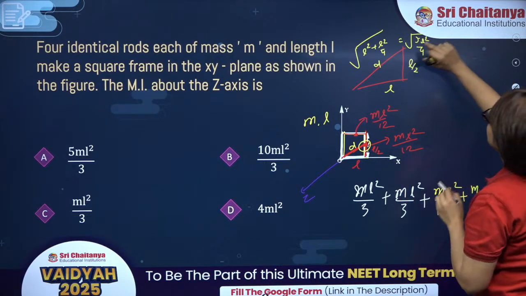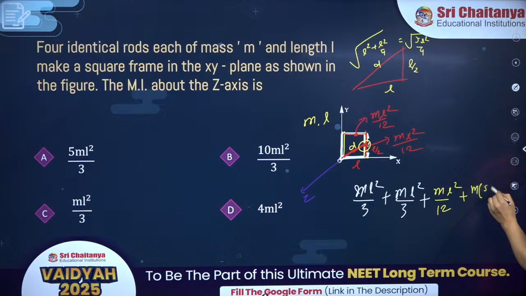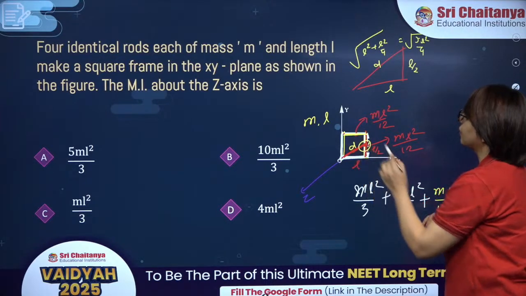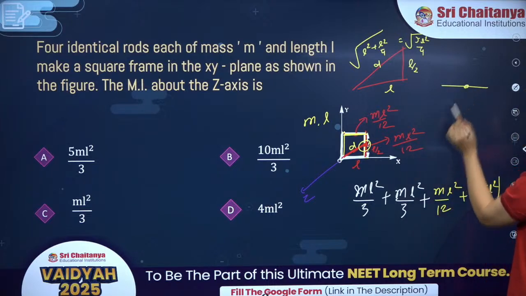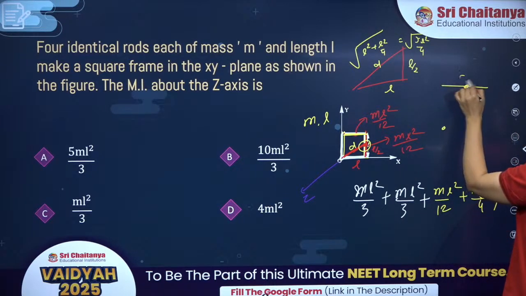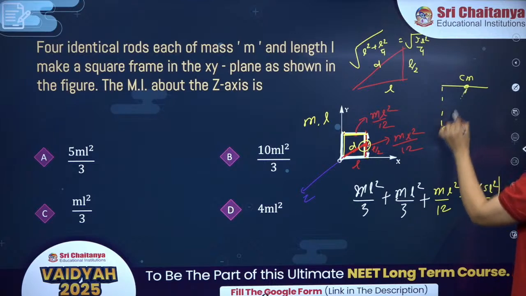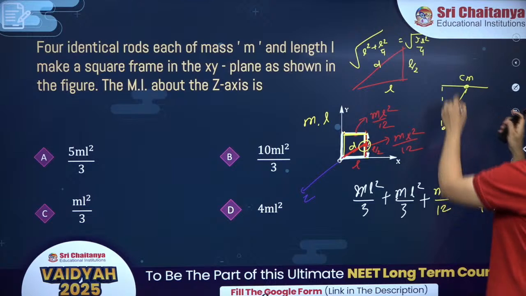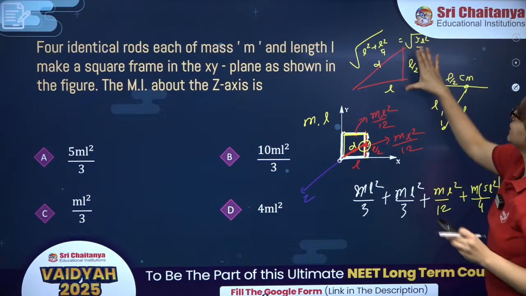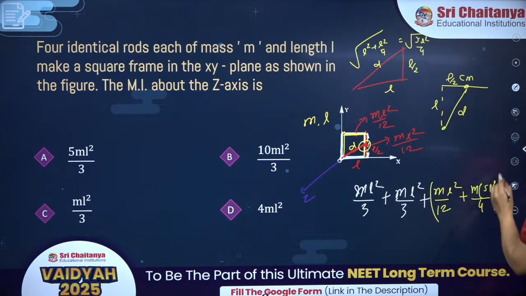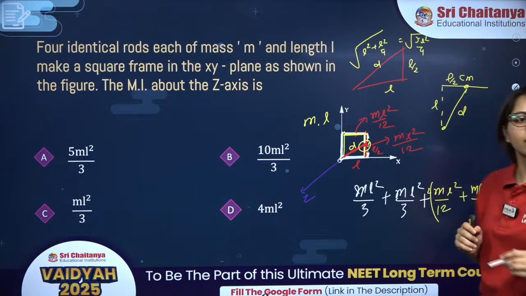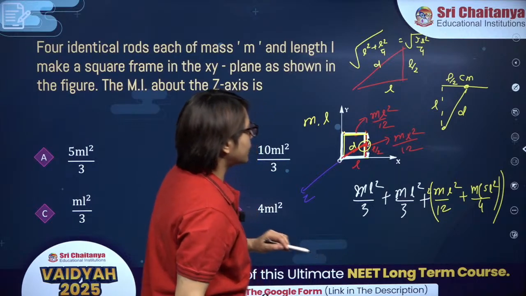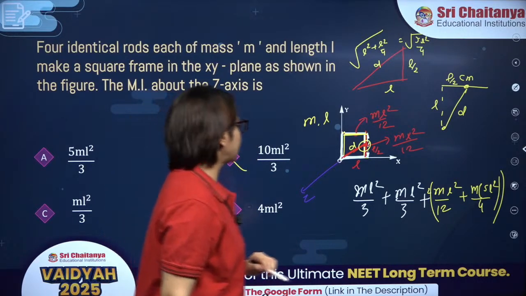which is m. D square will be 5l square by 4. And same for this rod as well, beta. Same for this rod as well. This rod is like this. This is the axis which is passing through the center of mass, and we have to find this D distance, because this is the distance between these two parallel axes. So D will be same as before. So you can just multiply it by 2 over here. Fine. So correct answer after solving this one, correct answer will be option B,